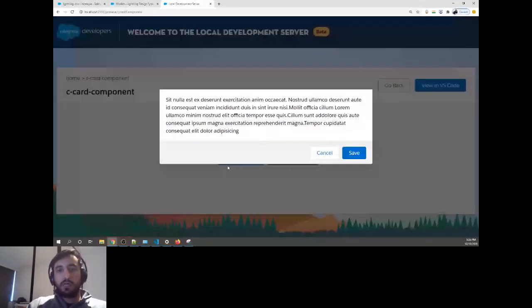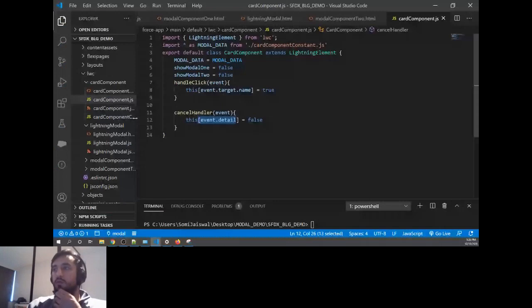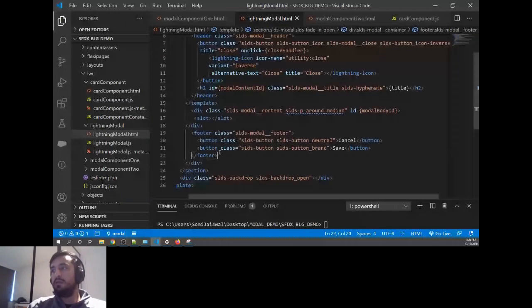So let's go back to our page, to our editor. Now, what we want to do is give the feature that the footer should come from the parent. We're not going to handle this every time, because this is the most dynamic part, and every time the button will be in a different situation or different text will be inside. So I just want the model footer to be passed from the parent, not from the child.